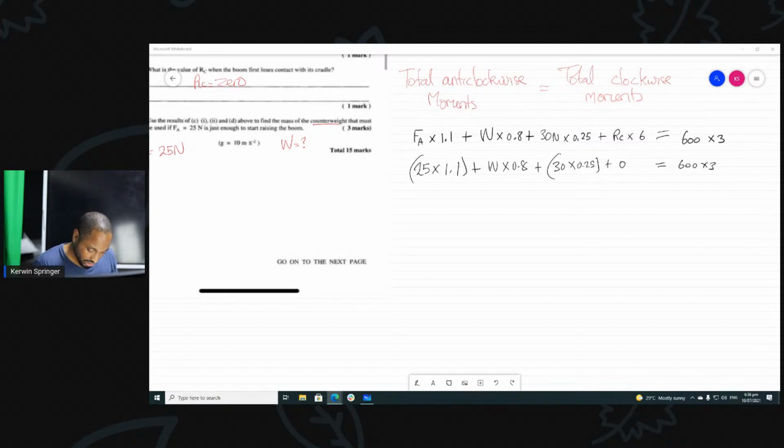So this is 35 plus 0.8 W is equal to 1800. So 1800 minus 35 is 1765. Now let's see if this is making sense. Divided by 0.8,